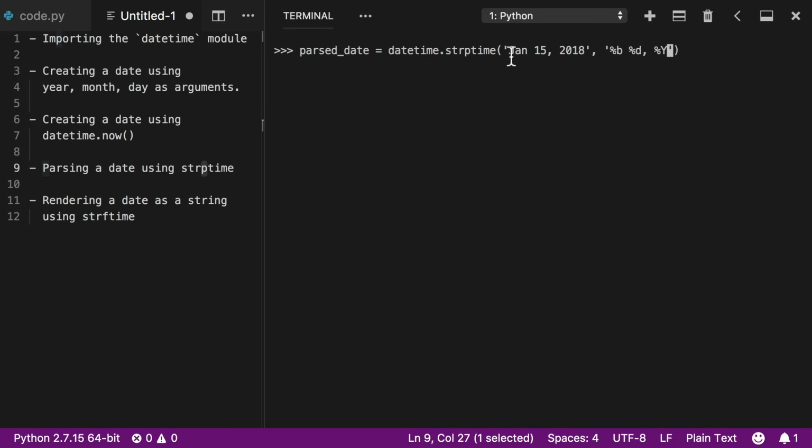So I can pass in any date string that looks like this, and Python's going to know that the first part here is the month, the second part is the day, and the third part is the year. But let's test this out. So I'm going to hit enter, and now we could print out parseDate.month, and you'll see here that we get 1, which is for January. So Python was able to take this JAN and convert it into a 1, which represents January. And it did that because we told Python using this %b that this was going to be January.